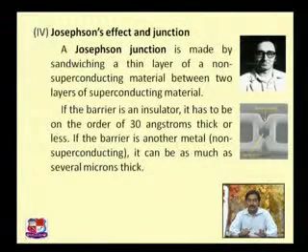In the same way here we have 2 superconductors, and in between we put an insulator or any other material which is not a superconductor, a non-superconductor material. Then in that case it shows a peculiar behavior; the arrangement is called a Josephson junction, and the behavior is called the Josephson effect.